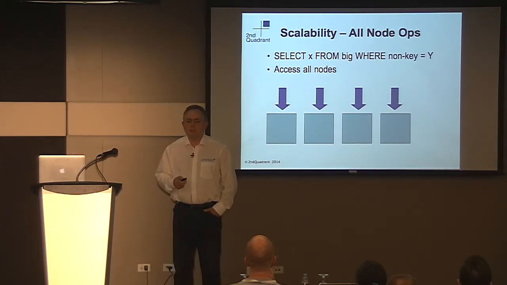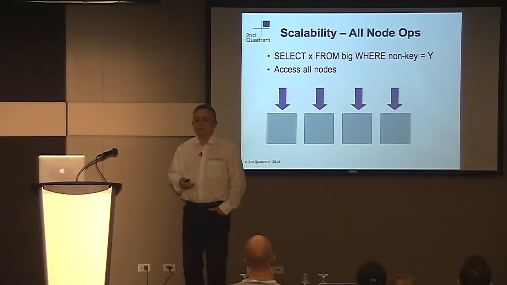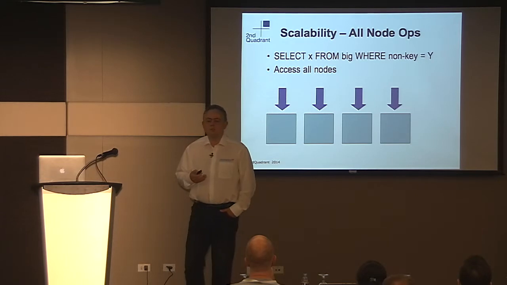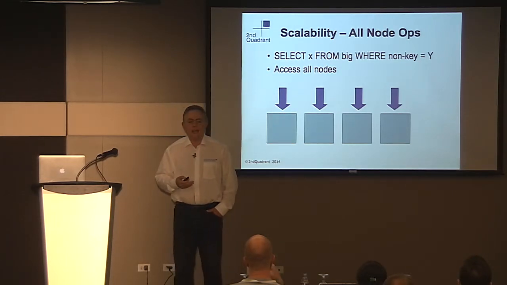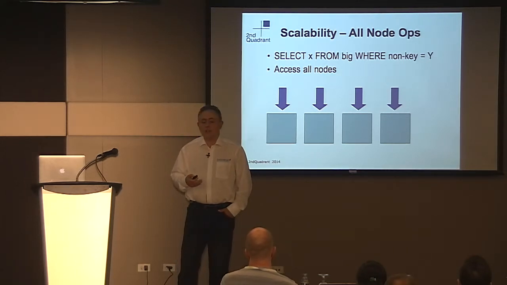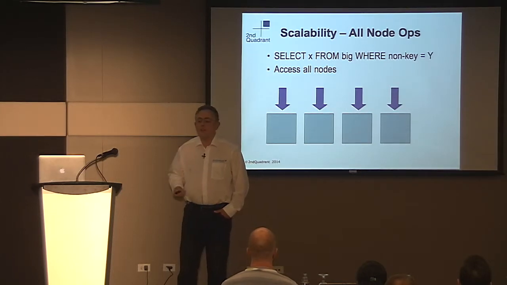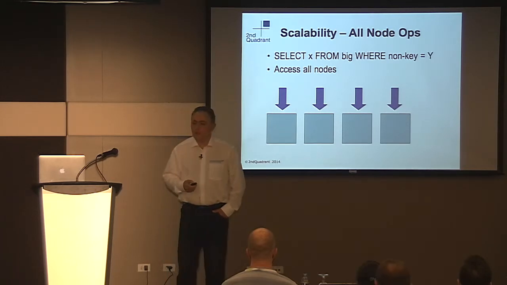Now, if you're doing a business intelligence type query, having that single query spread across multiple nodes is potentially a very good thing. But if you're trying to write a high volume application that's supposed to be handling very large numbers of requests, an all node request is actually the worst thing that you can get, because an all node request obviously requires all nodes. And that means that if we add nodes to the database, it's not going to get any faster.